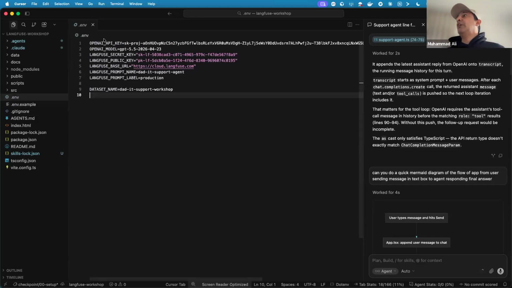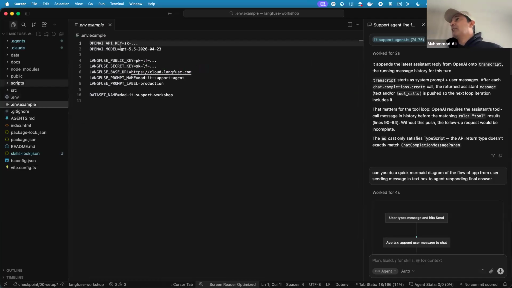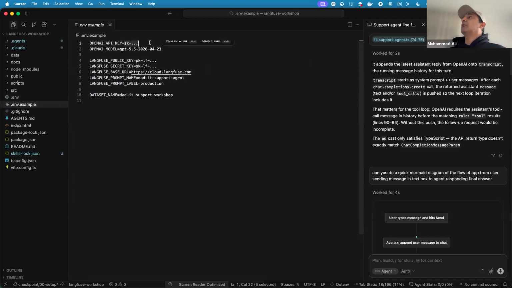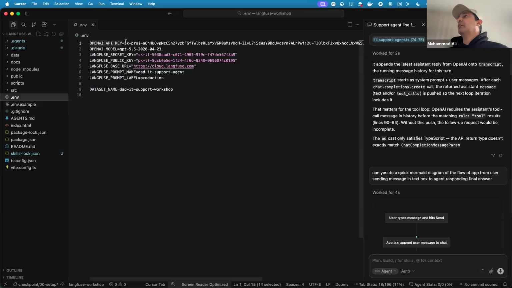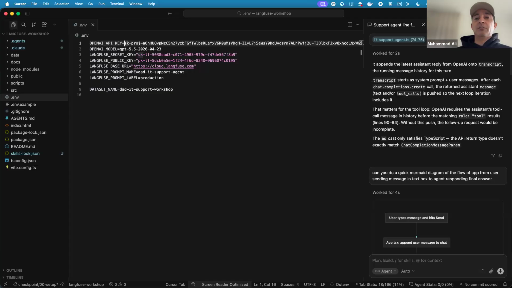Then you need the OpenAI key. In that environment example, your key will look like that. Now you need to replace it with the key that we just gave you in the chat window. Once you have copied the OpenAI key into the env file, give me a thumbs up so I know at least 10 people have done that. Awesome, thank you so much for that interaction.